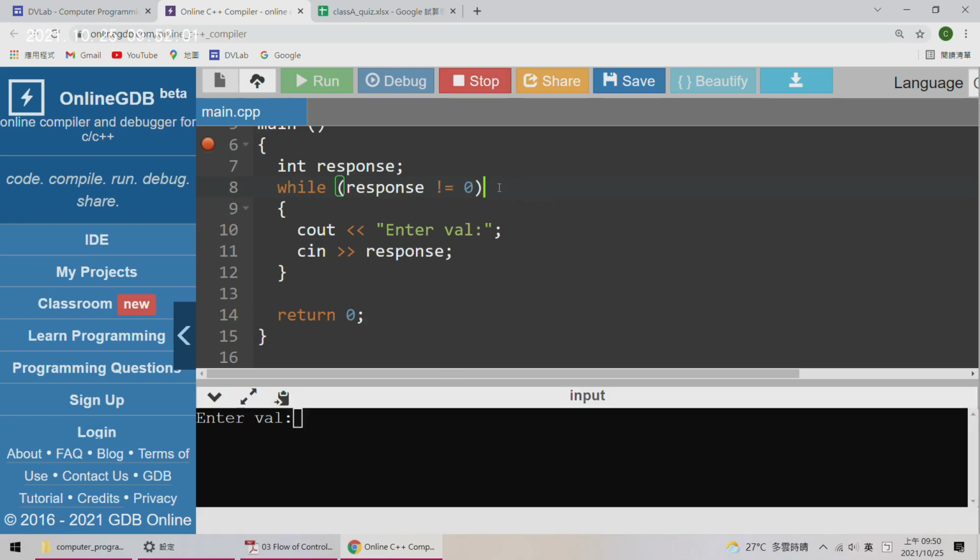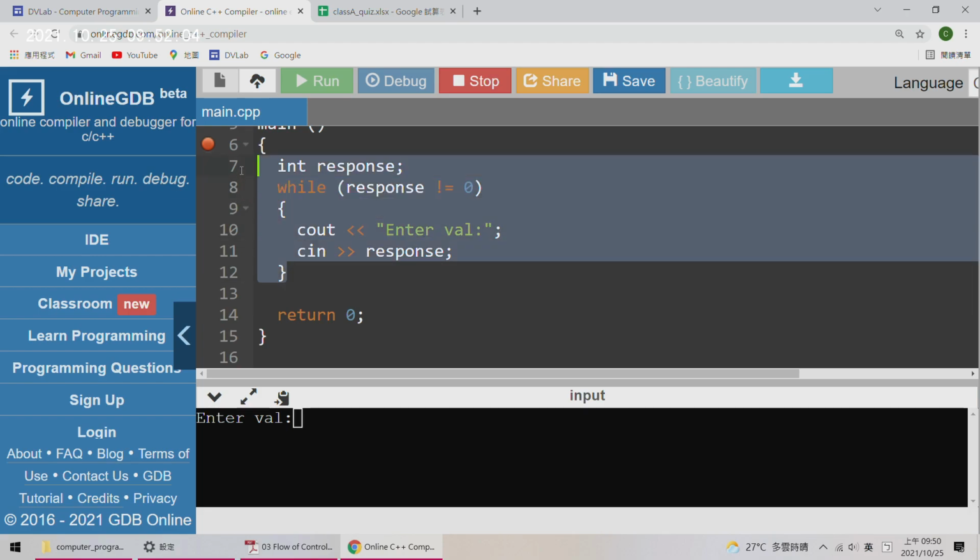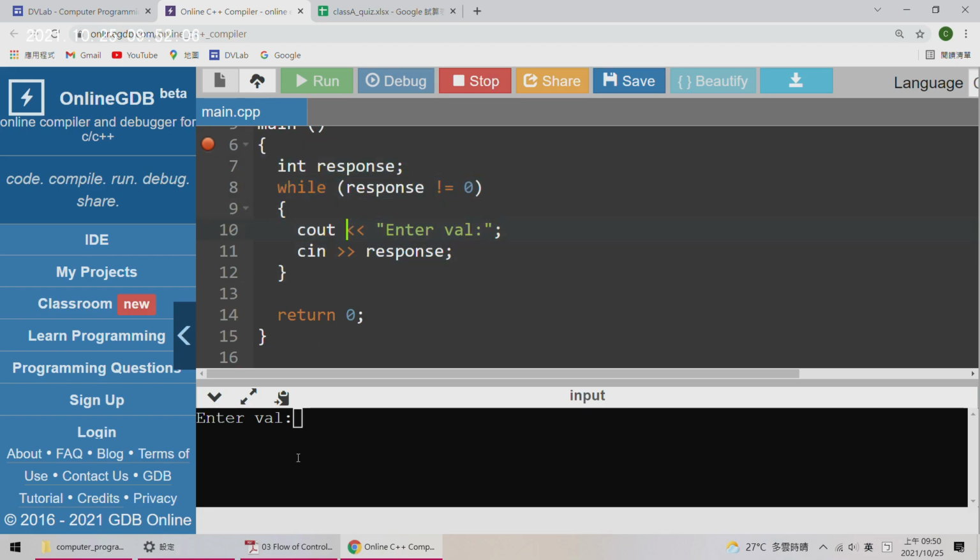I remove the semicolon. For the normal example, the program outputs enter value. Then I will input some value, and this value will be saved in the response